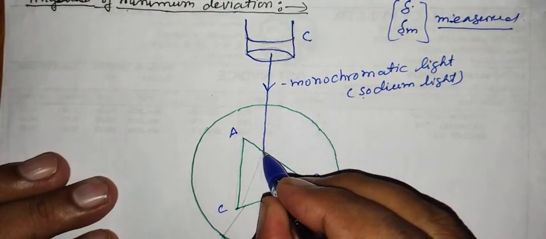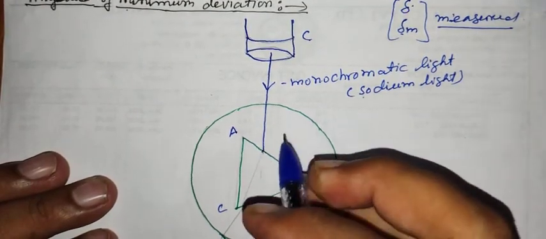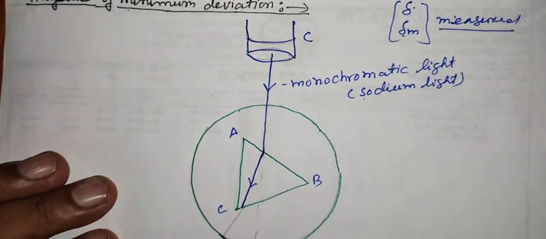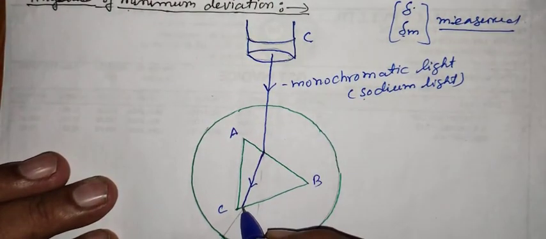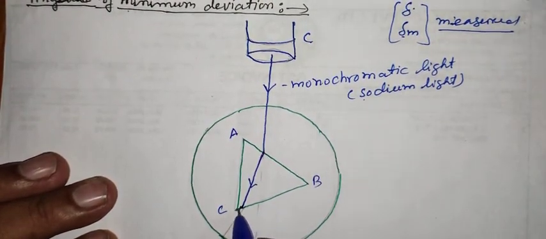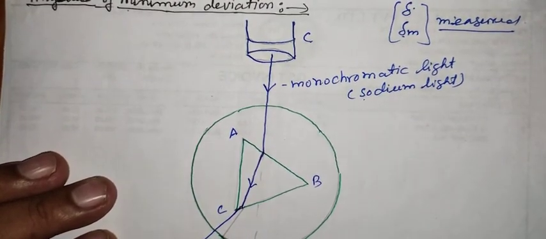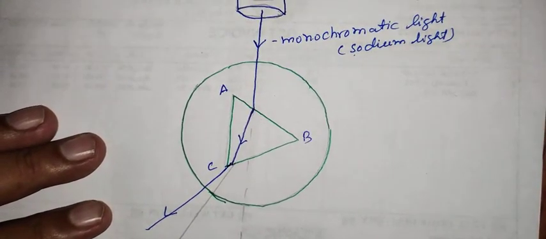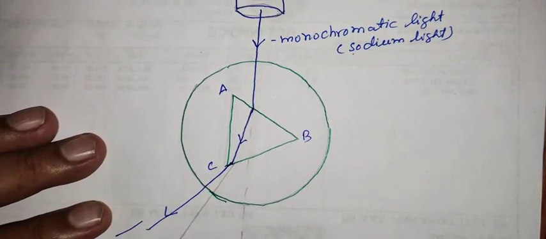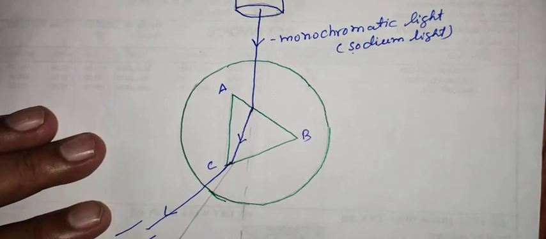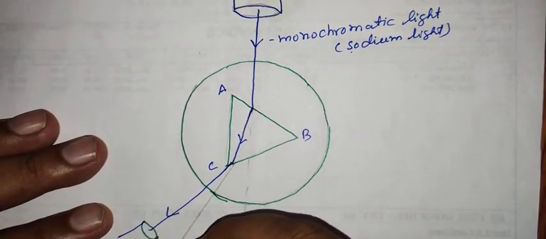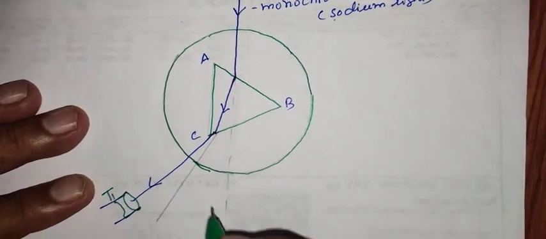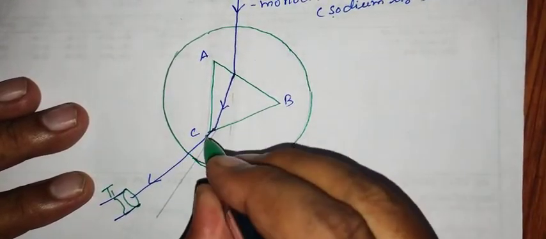And this ray is refracted through the prism and follows a path here. This position can be obtained by using the telescope. The position of the telescope is here, right? Now see,